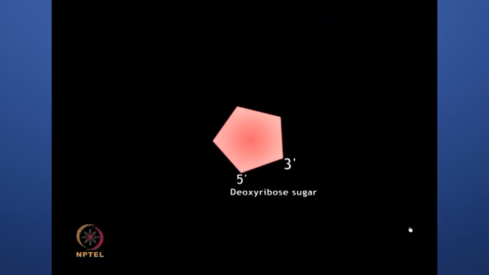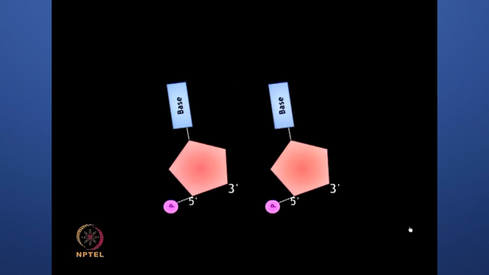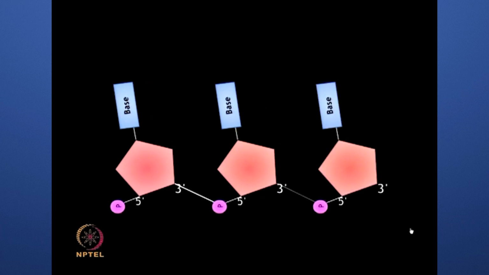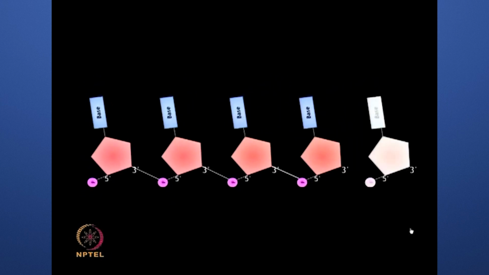DNA is made up of three basic components: a sugar, a nitrogenous base and a phosphate group. The sugar and base are linked to form a nucleoside, and attachment of the phosphate group results in a nucleotide. Many such nucleotide units are linked together by means of a covalent bond known as phosphodiester bond. This is formed between the 3' carbon of one sugar and 5' carbon of the next sugar via a phosphate